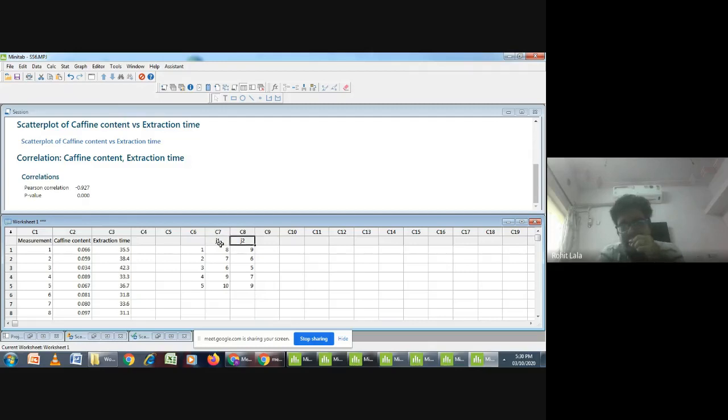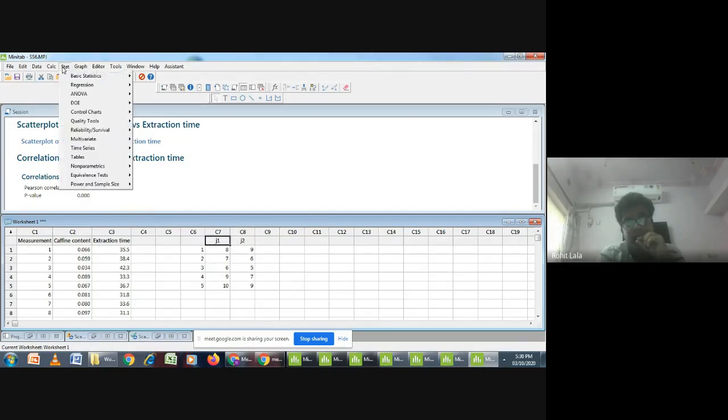So now suppose I just want to check whether their ranks match, or whether the judgments they have given, their ideology, match or not. So here I need to use the rank correlation method, and that can also be done with our Minitab software.